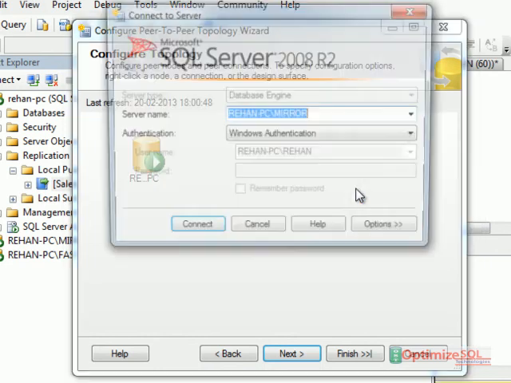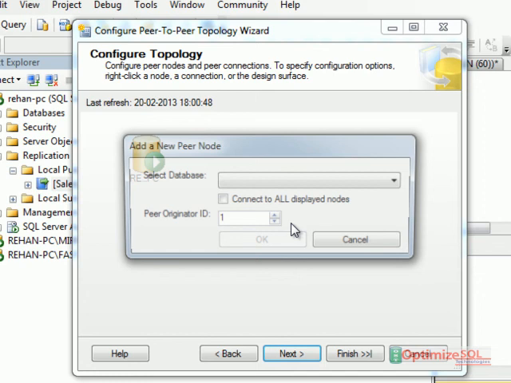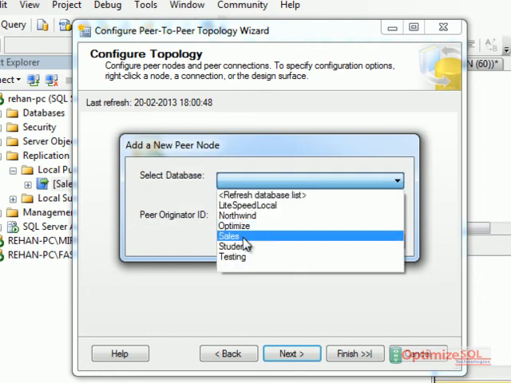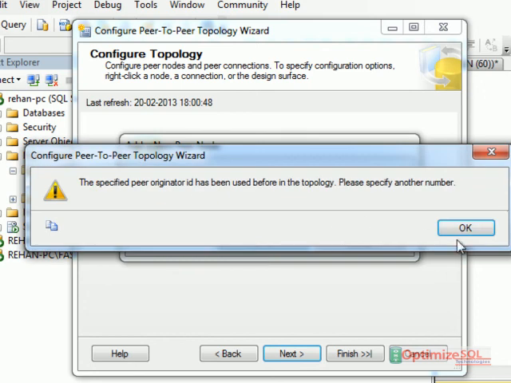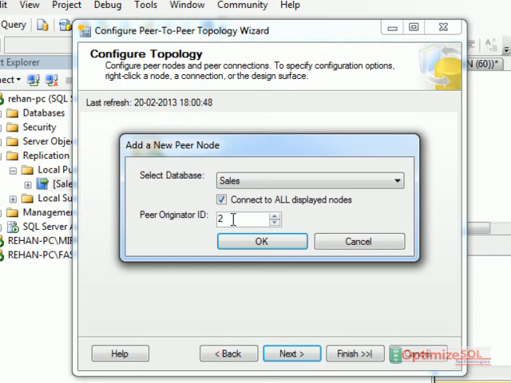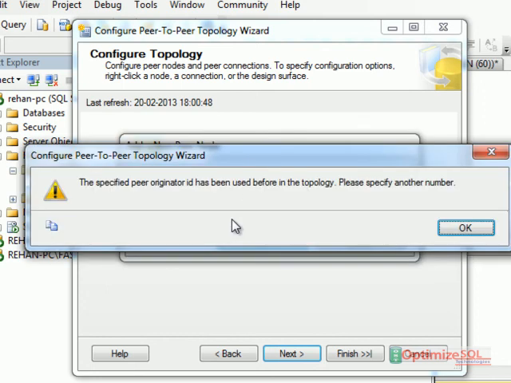Observe here, add new peer node, I am adding the mirror. Select the database. I want this as node 2. I'm saying connect automatically. The specified peer has been used before in the topology.